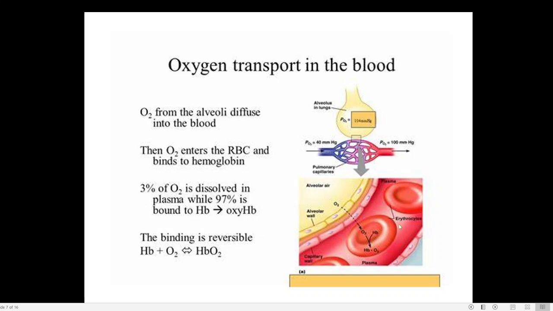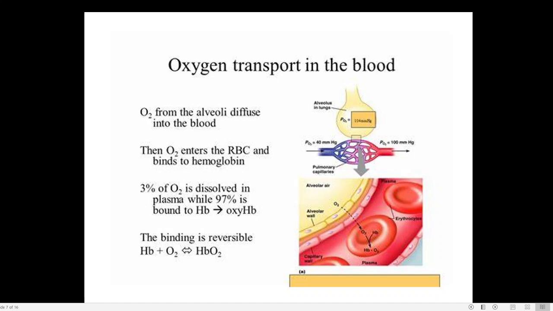What is plasma? The water portion of your blood, which contains a lot of water. The oxygen will be dissolved in the plasma, and the plasma, or the water, will be carrying that oxygen through your blood to various parts of your body. But that is a very crude mechanism. The oxygen is dissolving in the water portion of the plasma and the water is carrying it. But 97 or 98% of the oxygen is transported by an efficient system of oxygen transport known by the name